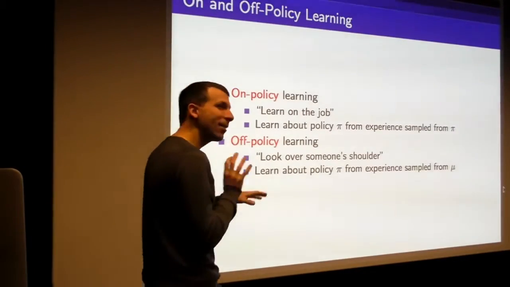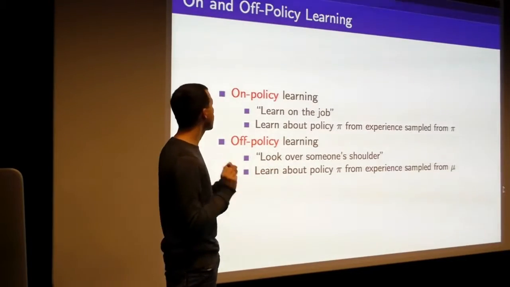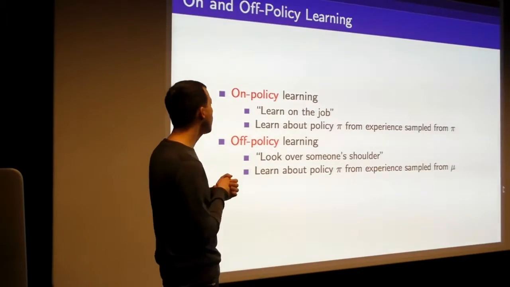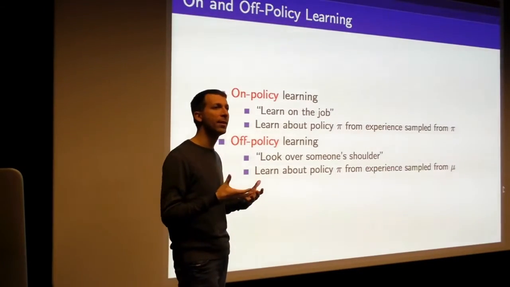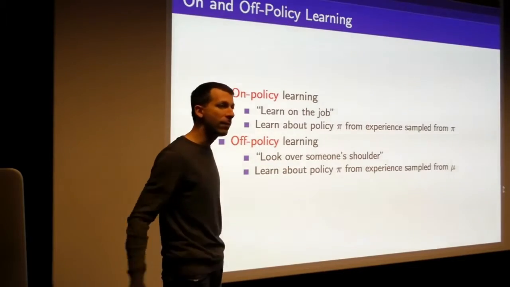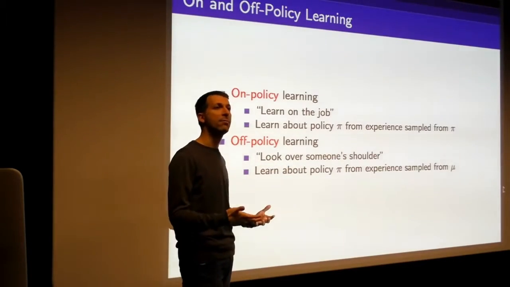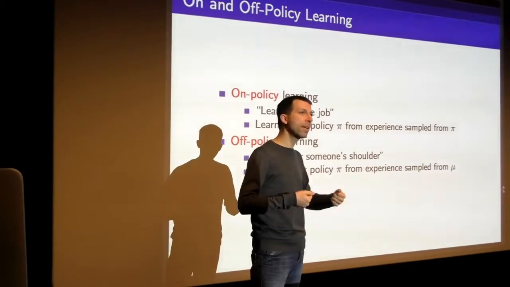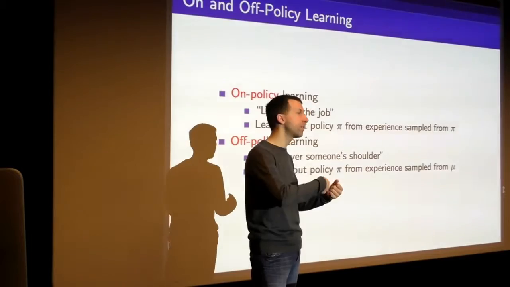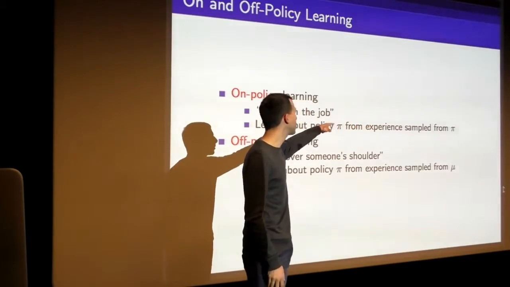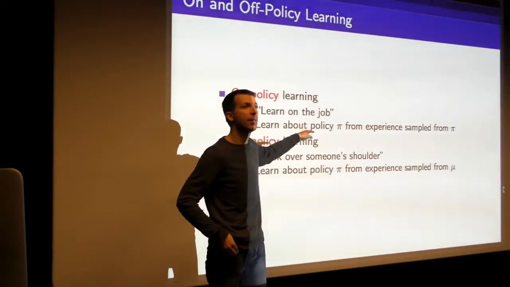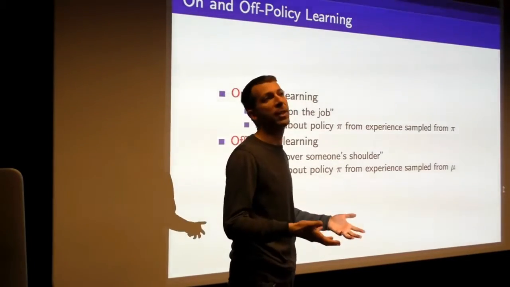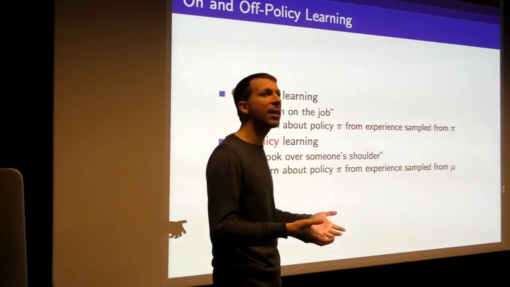Okay, so we're going to look at this basic dichotomy between on-policy learning and off-policy learning. So let's just understand what that means now. On-policy learning, I like to call it learning on the job. So you've got some policy, you follow that policy, and while you're following that policy, you learn about it. You're sampling experience by sampling actions from some policy pi, and at the same time you're trying to evaluate that same policy. That's what we mean by on-policy learning: the actions that you take determine the policy that you're trying to evaluate. But that's not the only choice.